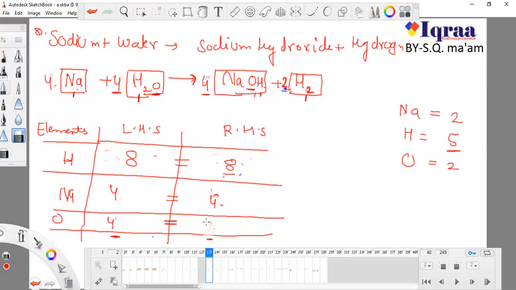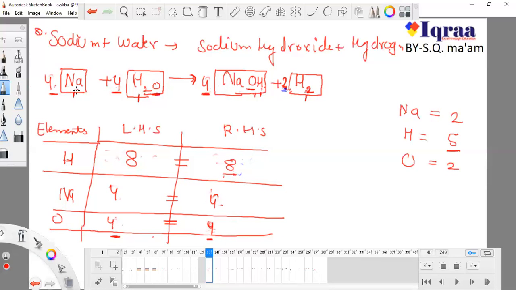Can you tell me if there is a mistake? Can you please find whether the numbers written in the equation and the balancing have any mistake? Let's check again. There are 4 of hydrogen, that is 4 2s are 8 at left hand side. Let's check the number of hydrogen at right hand side: 4 hydrogen, and 2 2s are 4 again, that is 4 hydrogen, so total 8 hydrogens at both sides.